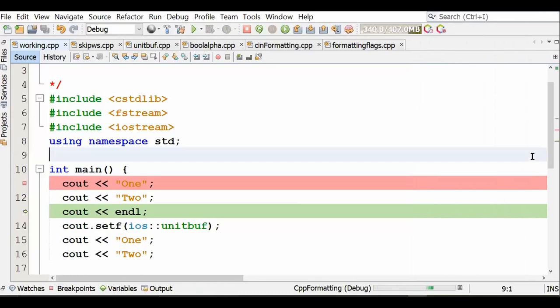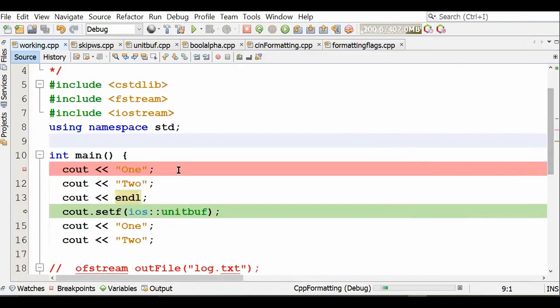Till the time the buffer doesn't become full, or you do not flush, or you do not close the stream, or you do not press \n, nothing comes to the screen. Now let's see. The moment I say endl or \n, have you got that output? Now let's see the impact. Let's see what's happening over here.